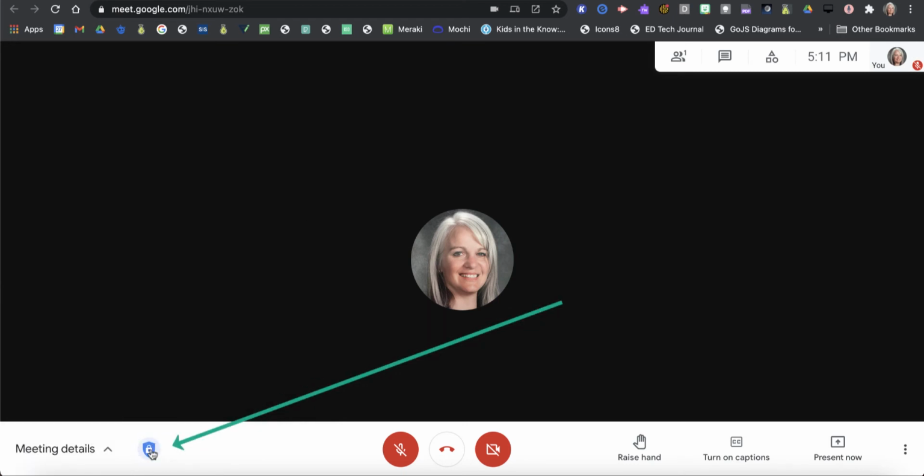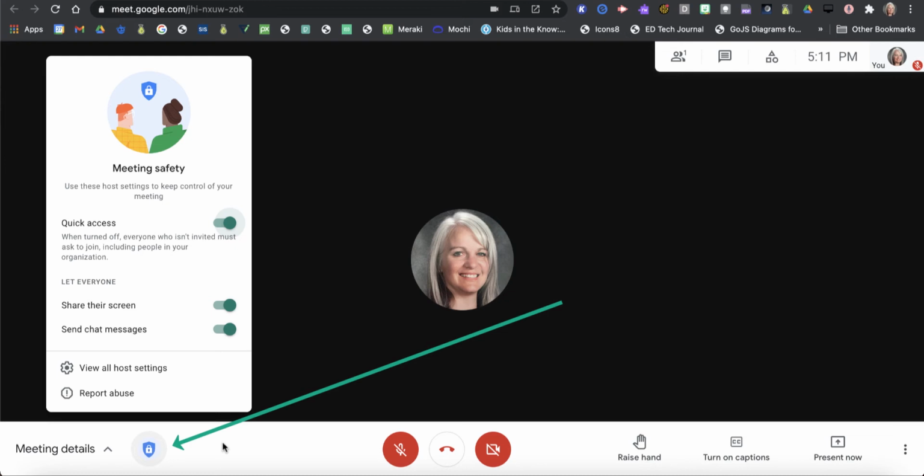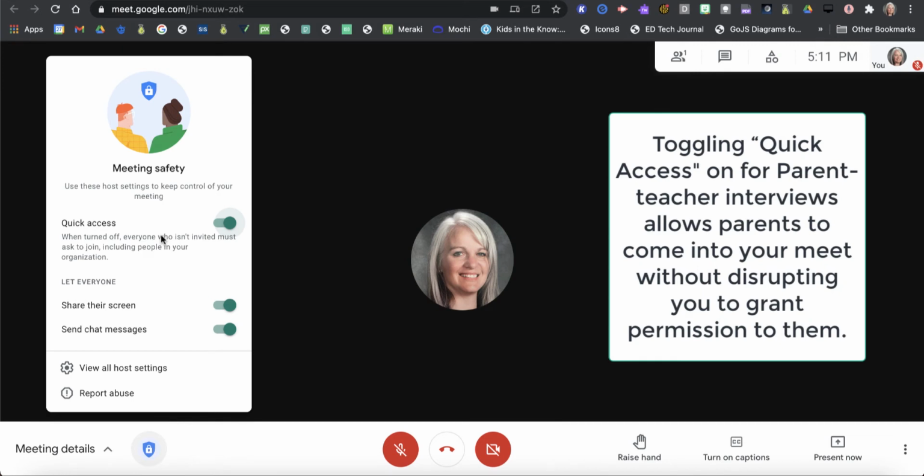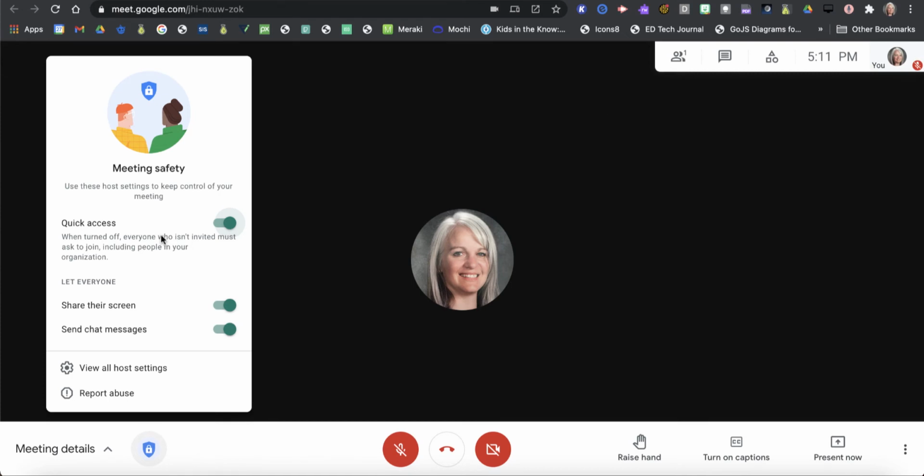Now we've got this shield down here, this blue shield, and that's our host controls. So the first thing on here is quick access. And so when that's turned off, everyone who isn't invited must ask to join, and that includes people in your organization. I've got that turned on so that people can join my meets freely. I've done a number with parents who don't have CESD 73 addresses, and so this just lets people come into my Google Meets. I can also choose to let people share their screen, and I can also turn the chat